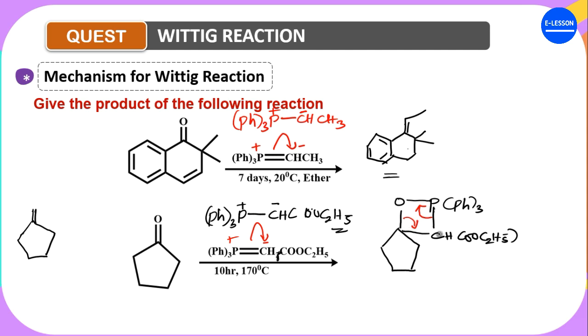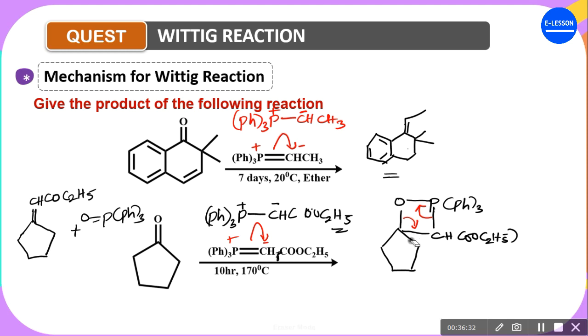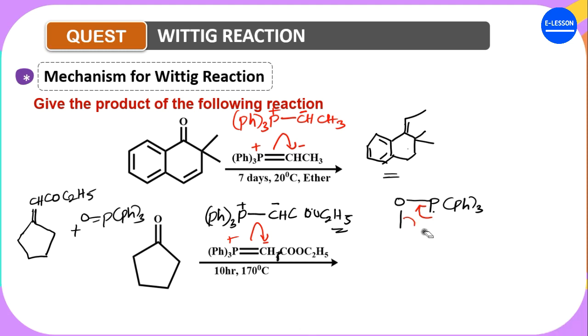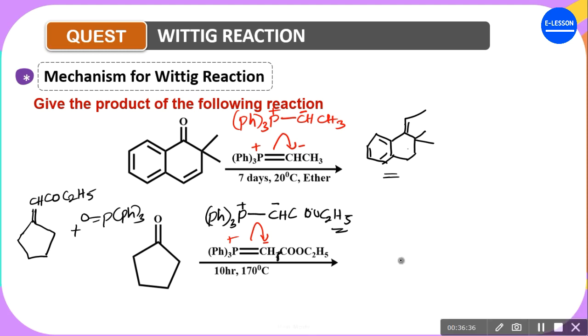So we have C double bond, then what do we have here? CH, then we have CO and C2H5, plus the phosphine oxide, double bond O, triphenylphosphine oxide, which is the byproduct of the reaction. So that will become the product of this reaction. The product will finally be this